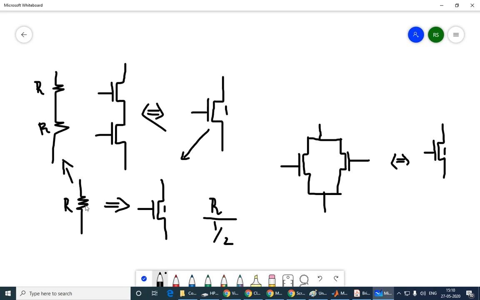I want this to be split into two resistors such that they add up to R. So obviously I have to put half R, not anything else. Okay, if I have R by 2 and R by 2, it will add up to R,